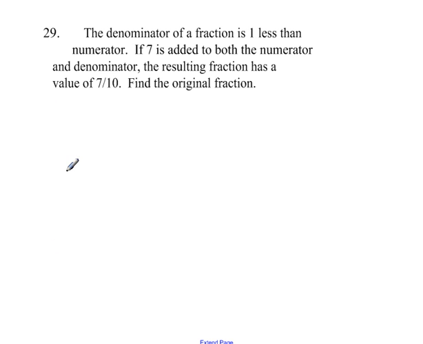Okay, we're going to start the word problem review at number 29. First, read the problem. The denominator of a fraction is 1 less than. Remember, less than is subtraction where you switch the order. And if 7 is added to both the numerator and denominator, the resulting fraction has a value of 7/10. Find the original fraction. So, the denominator of a fraction is 1 less than